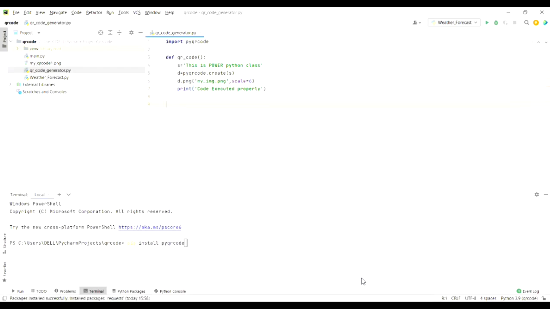Now, to execute any type of function in any programming language, we need a main function. So, the syntax for the main function is like this in Python.